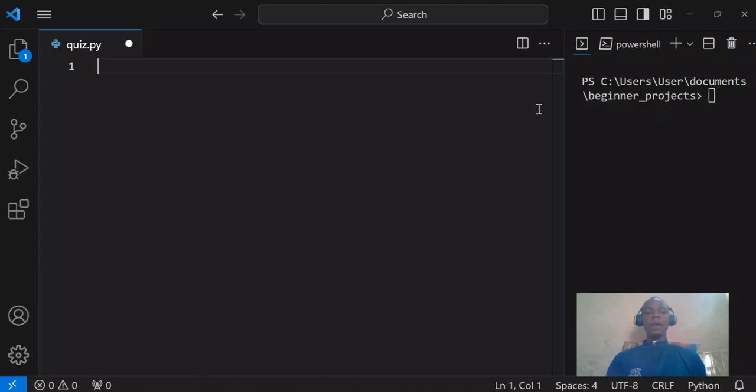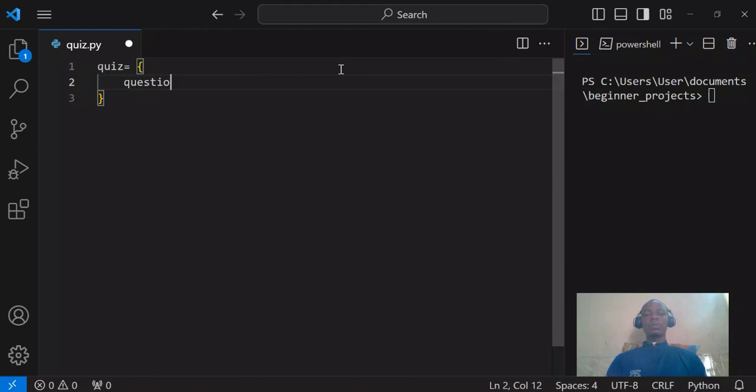First of all, I'm going to create a dictionary. I'm going to name it quiz. That's the name of the variable. Then my dictionary is going to contain dictionaries inside, and this dictionary is going to contain all the questions I'm going to use in this quiz. So I'm going to say question one, or Question one, then